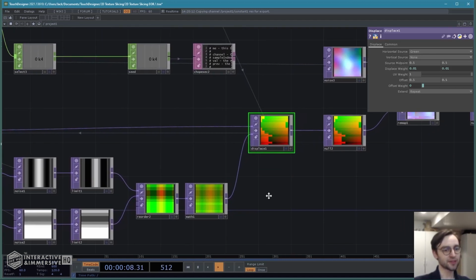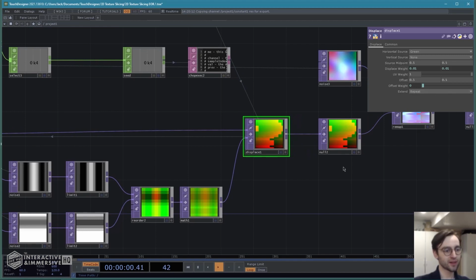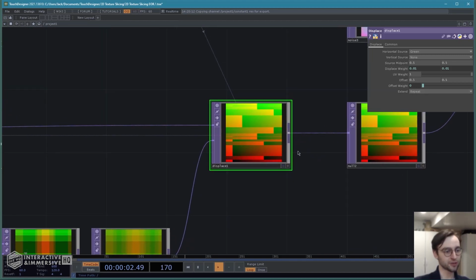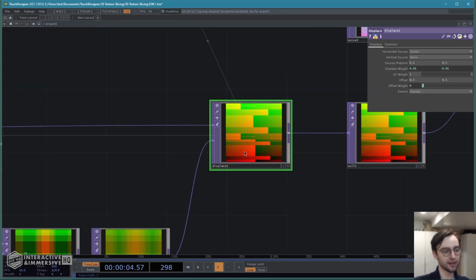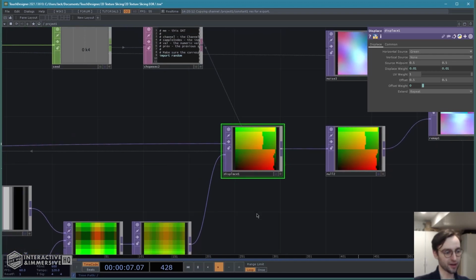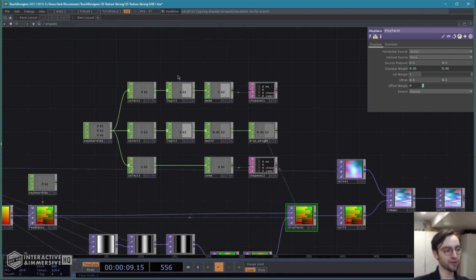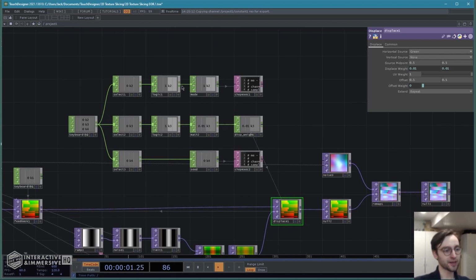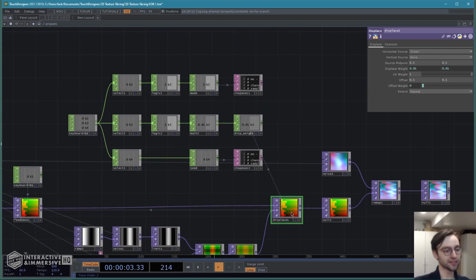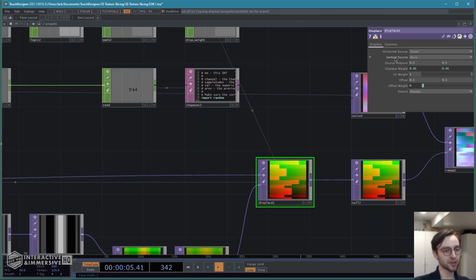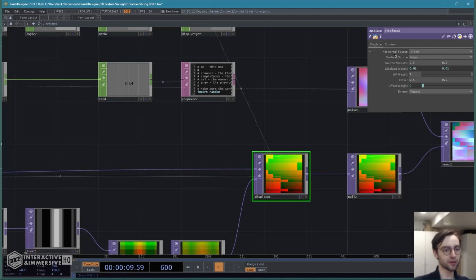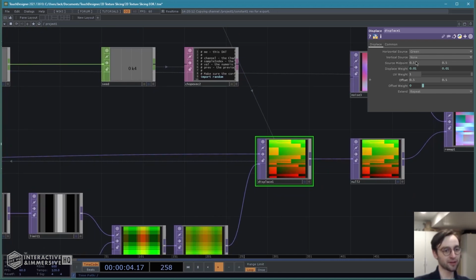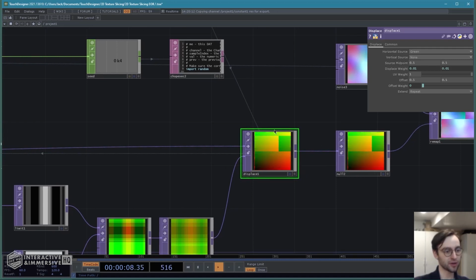Our displace top is set to the repeat mode, and that's what allows these textures to loop around the screen and not create a different kind of pattern. Our chop network up here controls a variety of things, but importantly, it changes the horizontal and vertical source settings within this displace top so that only vertical or horizontal displacement is happening at any given time. It's never got both vertical and horizontal displacement,